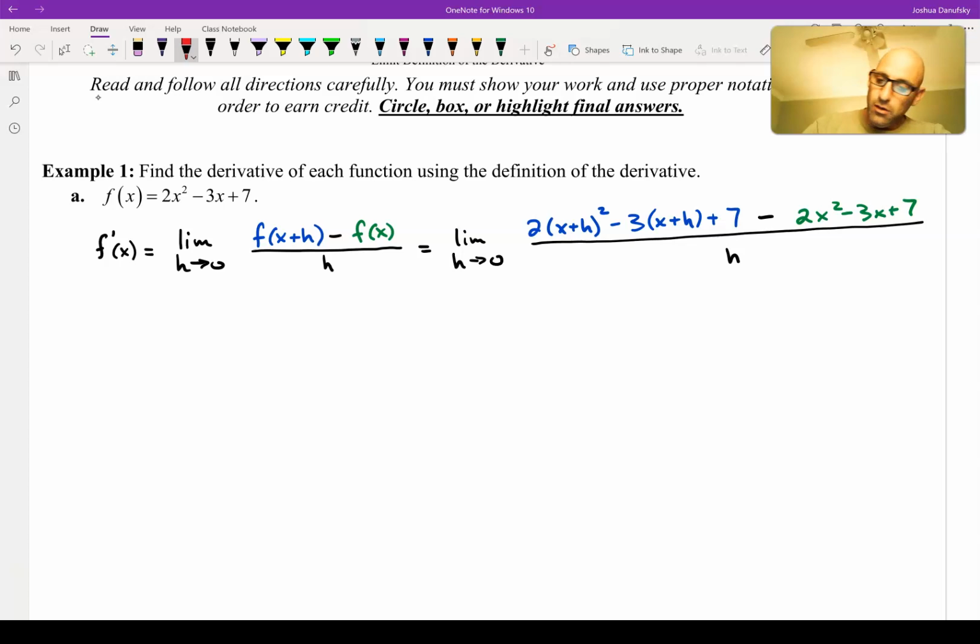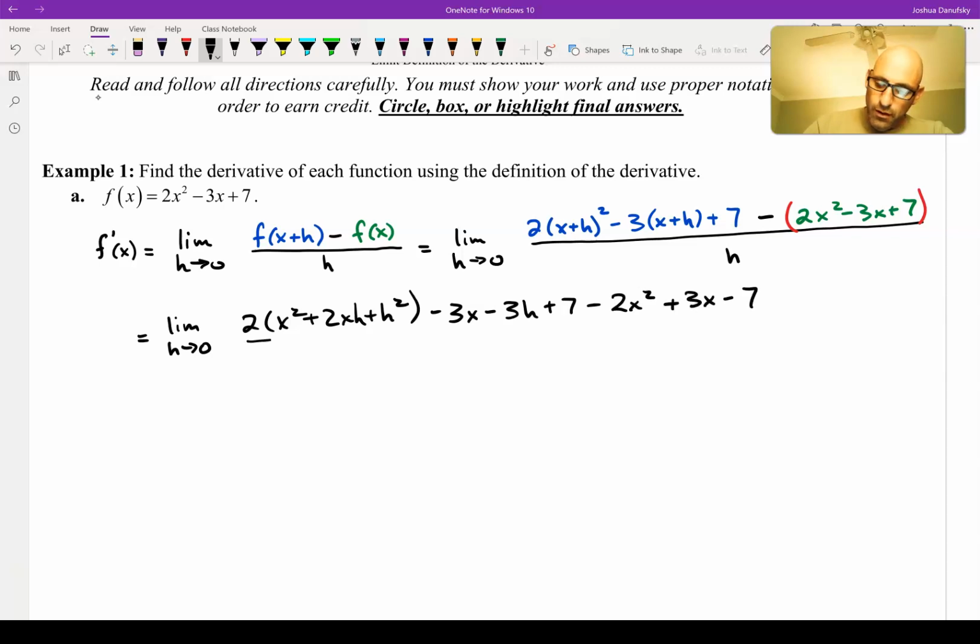Now, of course, very important, we've got to make sure that we are subtracting all of green, the entire thing. So we need those parentheses there. And of course, we'll be distributing the negative. The next several steps are all algebra. So the main thing you want to make sure is to be careful not to make algebraic mistakes along the way. I'm all up for skipping steps as long as you do so accurately. So for example, x plus h squared is going to be x squared plus 2xh plus h squared. Some of you may choose to distribute the 2 right off the bat. That's fine. I'm going to make sure I don't make mistakes here, so I'm not going to do that right now. But then distributing all this business,